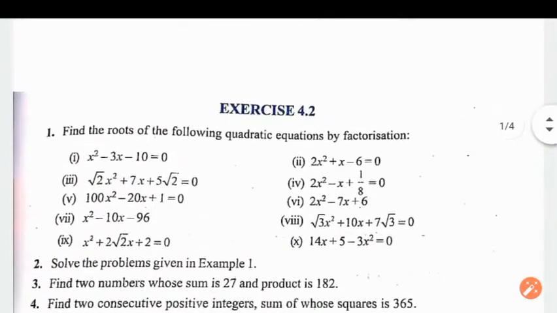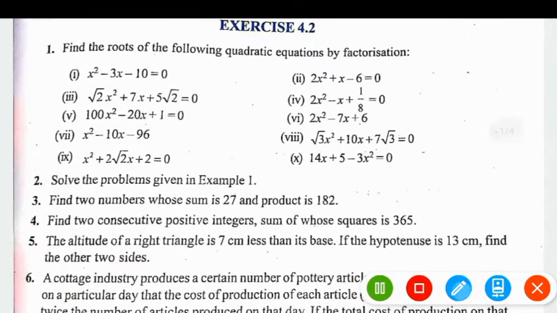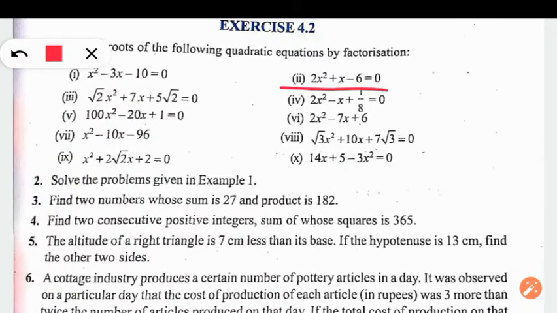So in the third part I am going to solve now. Second part is again the same thing. You need to multiply 2 with 6, you will get 12, and break 12 into its factors. What you will get? 2 into 2 into 3. Here you have minus, and you need to bring what? You need to bring 1, because what is the coefficient of x? 1. So 2 into 2 into 3. So how will you get 1 then? I think 2 twos are 4 and 3 is left. So 4 minus 3 gives you 1. So that one is easy.